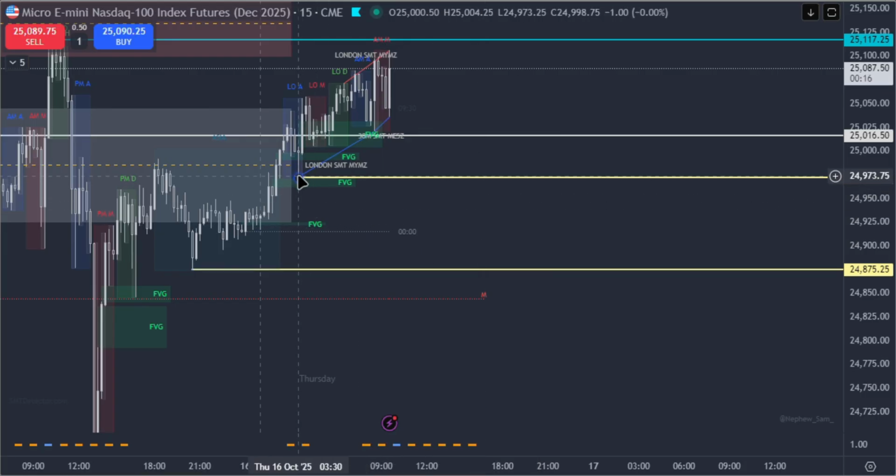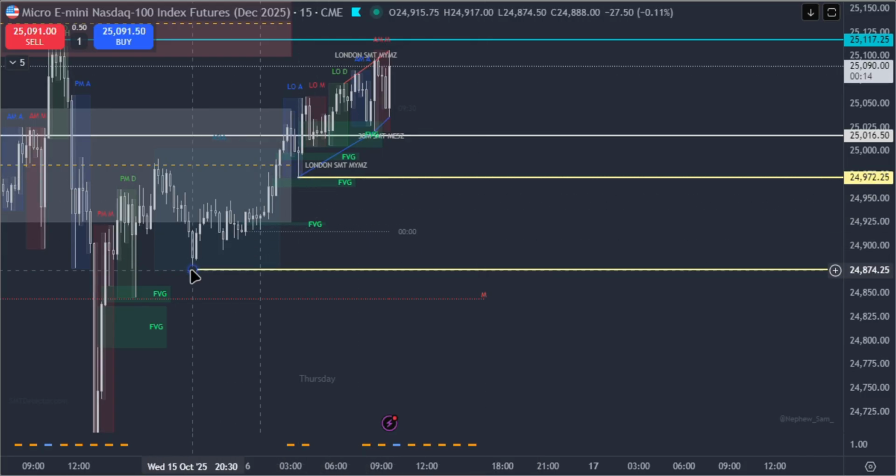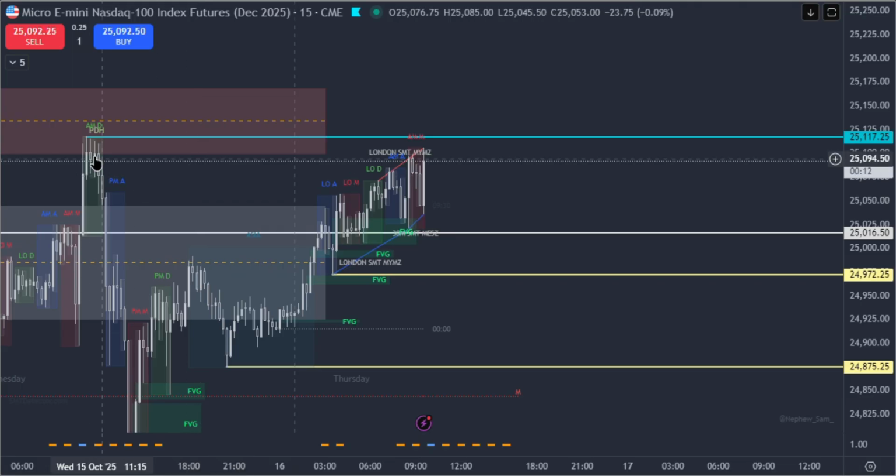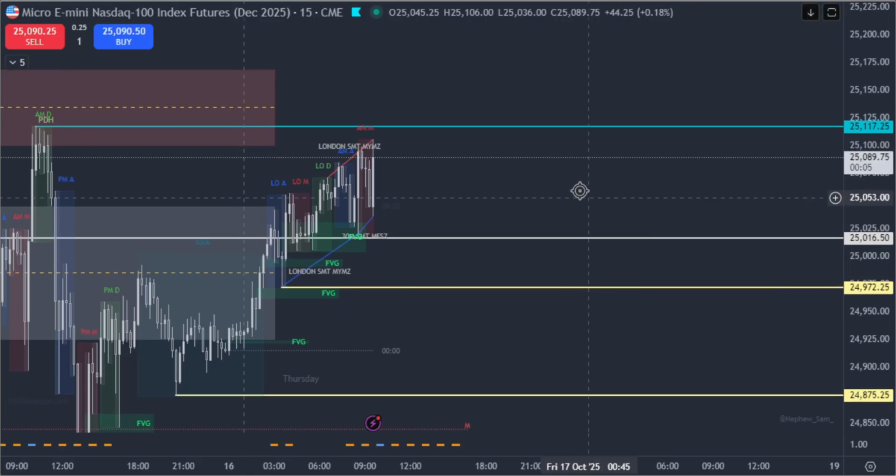So this could be sell side liquidity, another sell side liquidity, and then previous day high here, buy side liquidity. So we have to learn